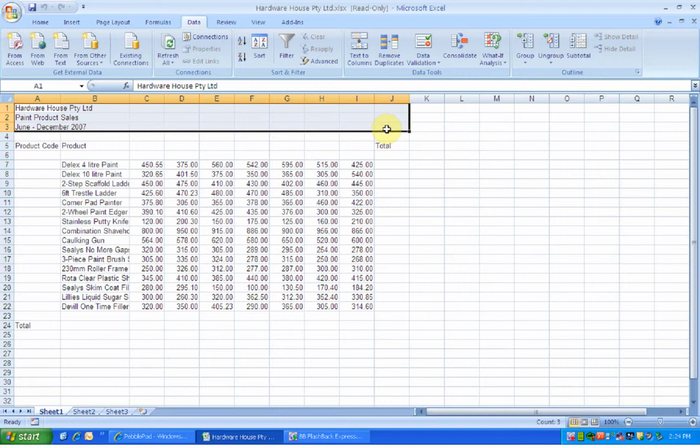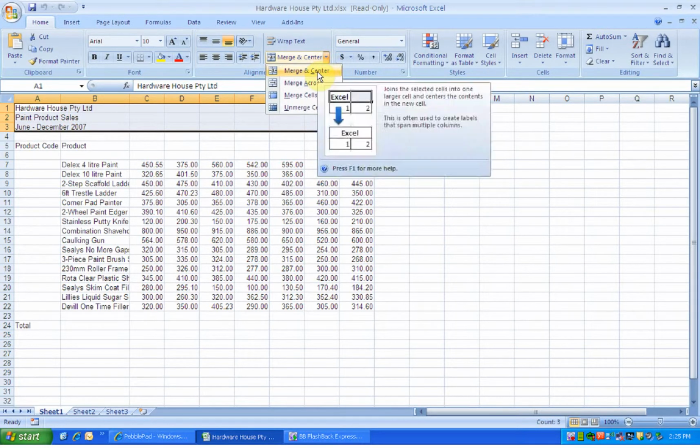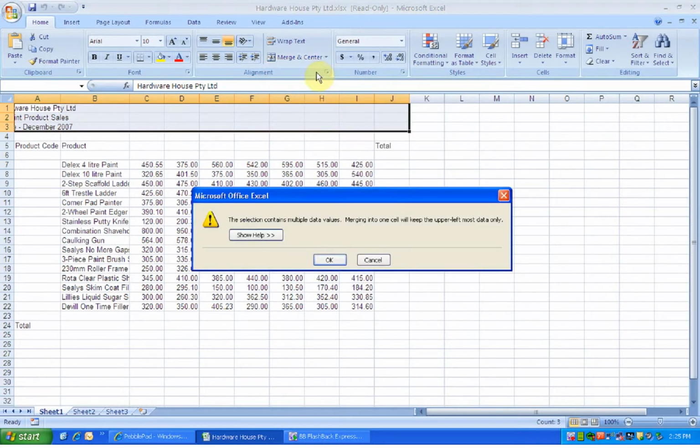Now what you would notice is that there are grid lines in between for each of the columns, and if we want to have this in the middle, we need to break through these grid lines, and the function that we use to break through these grid lines is called the merge and center function, which you will find on your home ribbon on the top middle. And you can notice here there's a function called merge and center. So you need to click on merge and center,